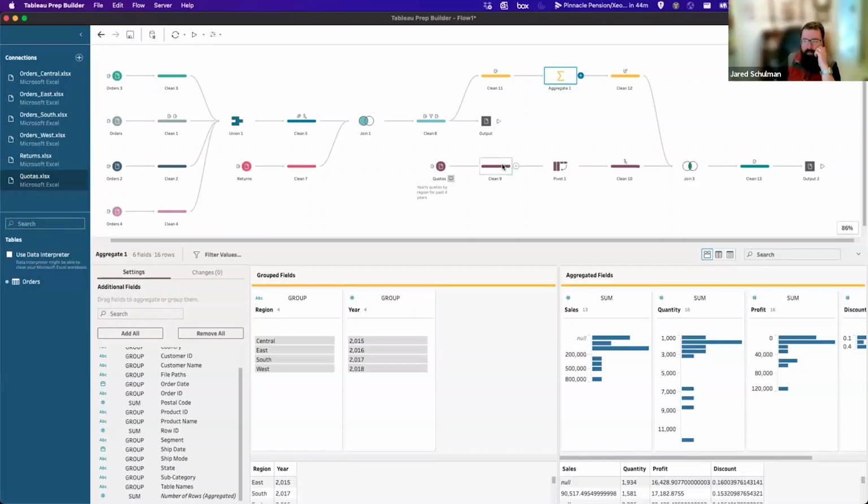So my first thought would be we could pivot those three people down. Instead of being in three different columns, we bring them into three different rows. And so we have a column for team member that lists all three of them. And then there would be a column for team member role that would have which field they came from, whether that was the lead, the sales engineer, or the sales team member. That would allow us to have all of them in the same column.